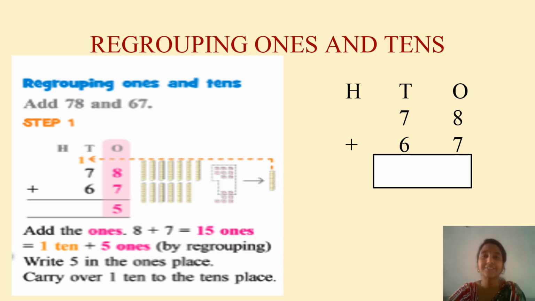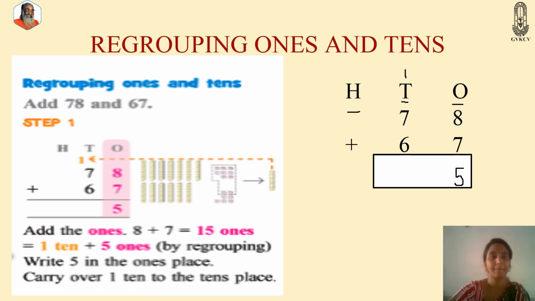Add 78 and 67. I have written here hundreds, tens and ones. You all know what O and T are, right? O is for ones and T is for tens, and here H is for hundreds. Now we will add, adding ones first. What we will do: 8 plus 7. Keep 8 in mind. Take 7 fingers. 8, after that 9, 10, 11, 12, 13, 14 and 15. I'll write 5 here, and 1 is carried to the top of tens.